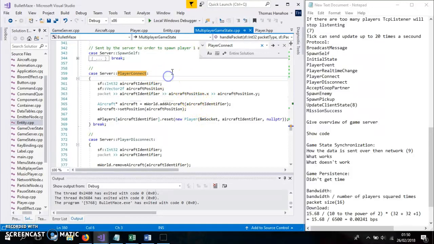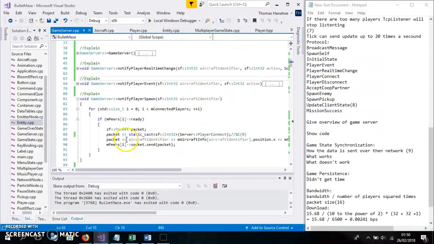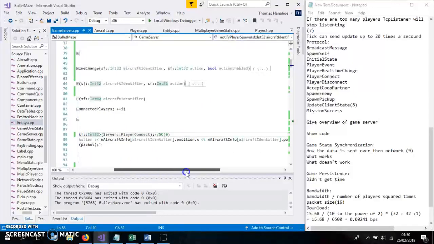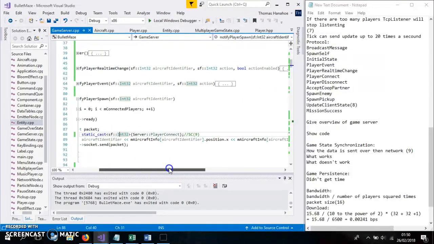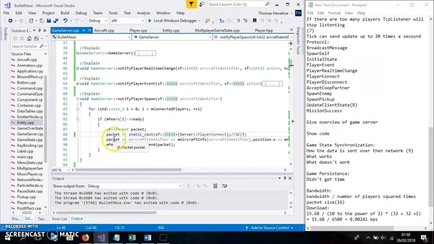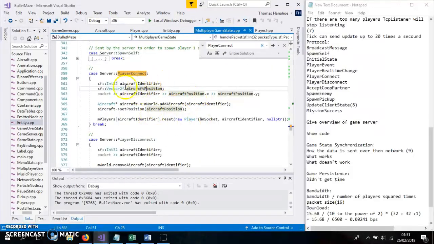It will create an aircraft identifier and aircraft position, int32 and vector2f, which relates directly to this section here, which is an int32, and I'm not sure where the vector2f is, but it should be somewhere there. I think maybe it's initialized automatically because you're adding in two things. Anyway, either way, you create a vector2f, and then you basically pull that from the network